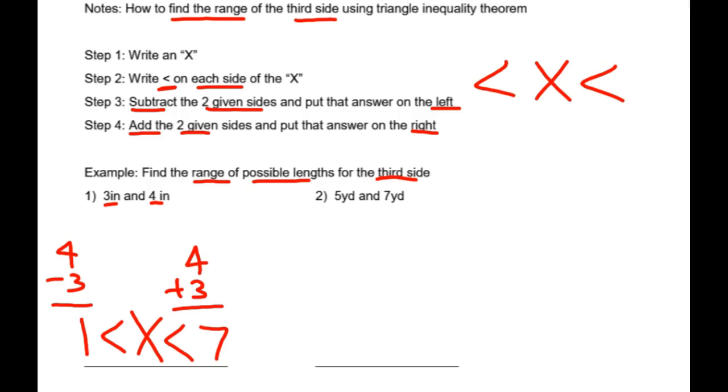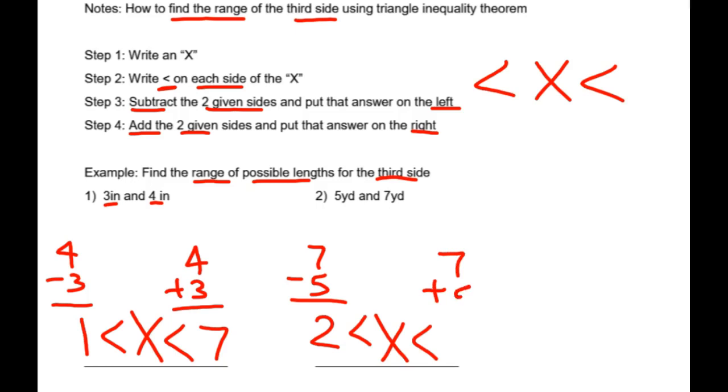Let's do the same thing on number 2. What do I put first in the middle? X less than, less than. 7 minus 5 goes first, which is 2. 7 plus 5 goes over here, which is